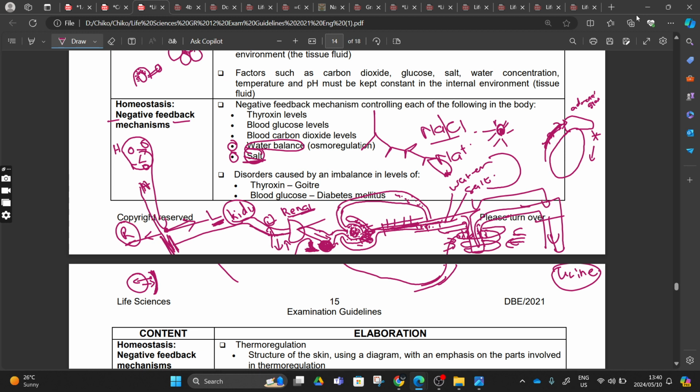This will be your heart, right? And then in your heart we also have our superior vena cava, the blood that is coming from our head to our heart, and this one is inferior. Then in your heart, this one will be the left, and this one here will be the right. So you can see the superior vena cava and the inferior vena cava are coming to your right side. Hence we said we have the right chamber and the left,